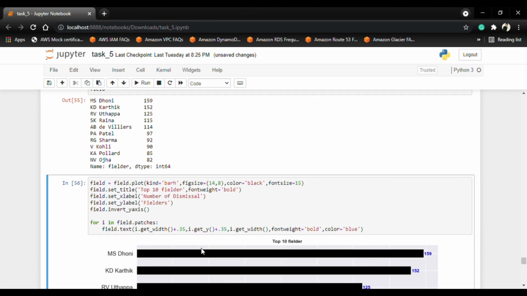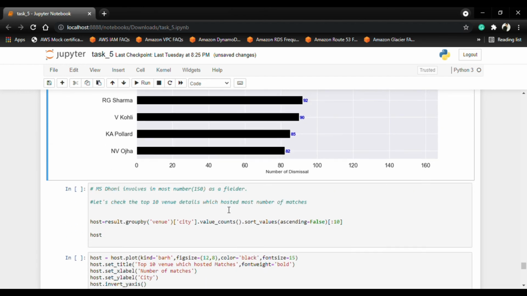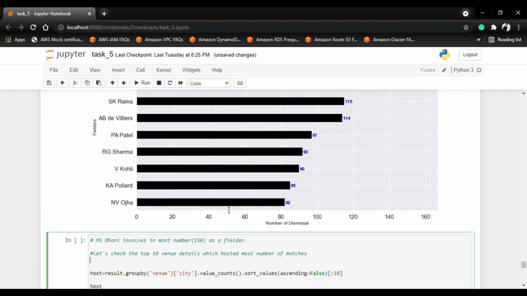With the help of this result, we have plotted a graph, and MS Dhoni is involved in the most dismissals as a fielder.